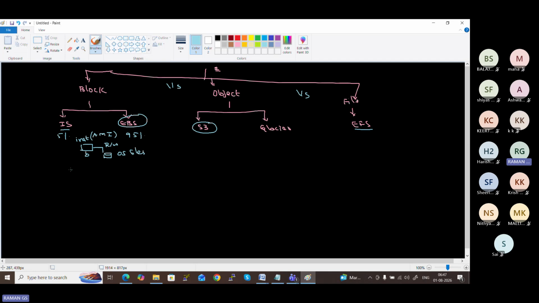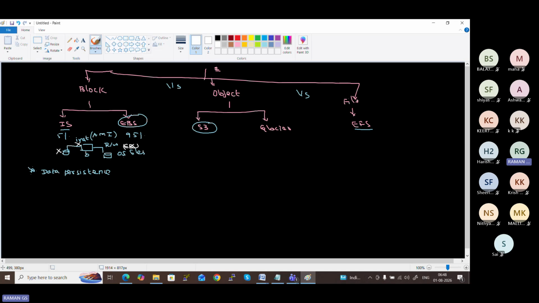The difference between these is in terms of data persistence. These are all interview questions. In terms of data persistence, what is data persistence? Lifetime of data. If we use instance store, whenever this instance is terminated, the hard disk is also terminated. Whereas if we use an EBS volume, then it won't be terminated.